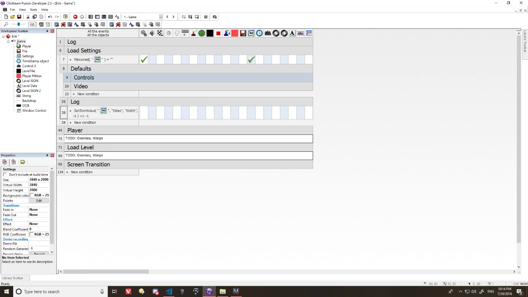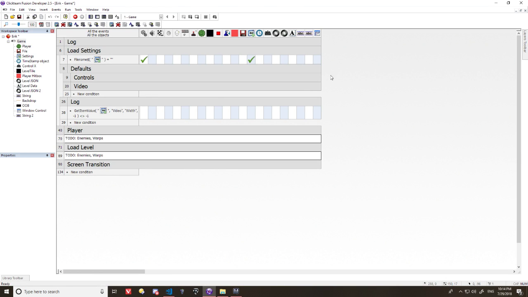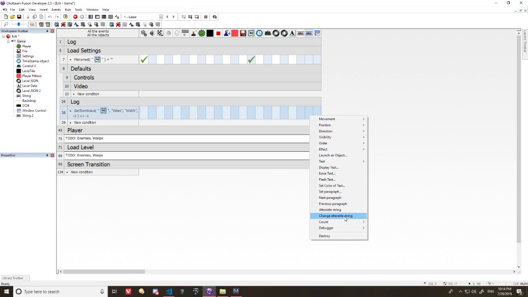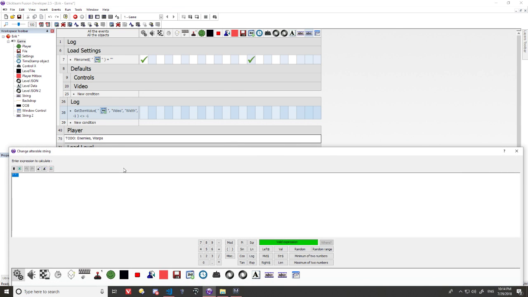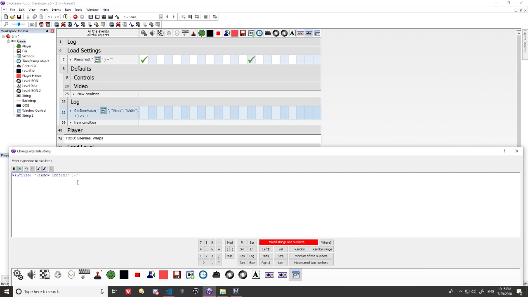Let me add a new string for some debugging. I set this to, let's say, Windows application window vertical size. It has to be in a string, so it gets printed. So if I set this to the size, plus new line,